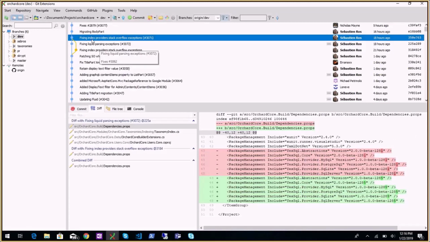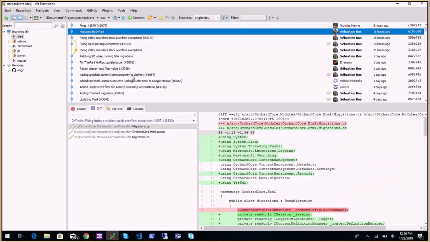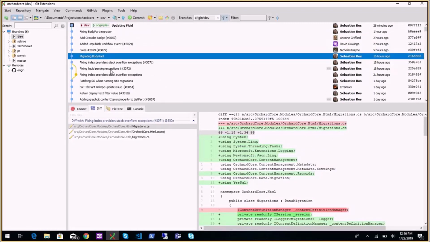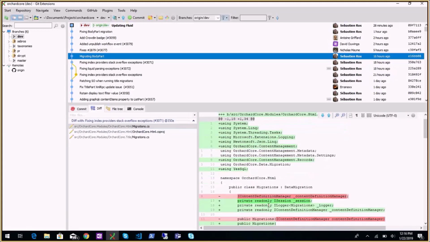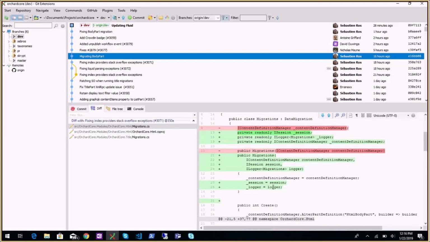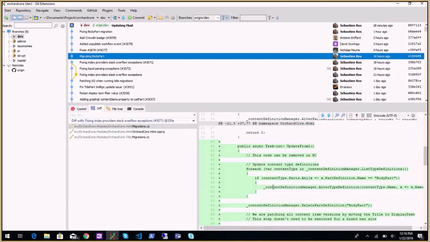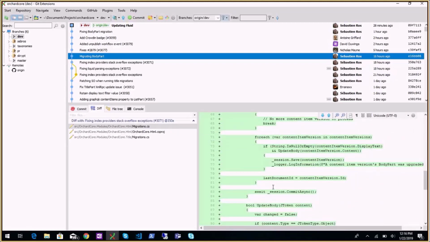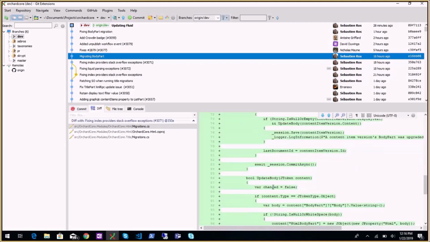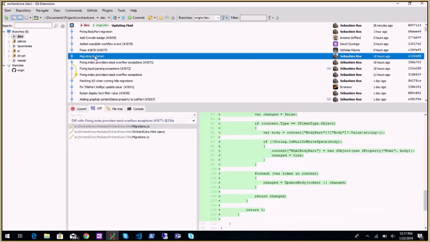This is the merge of the commit. So this is what I just mentioned. Migrating body part. So right before beta 2, we changed the body part to HTML body part. So to help people migrating to beta 3, I made a migration that is the same thing as a title part, that just looks for anything that is a body part and moves it to a HTML body part. And I tried it on Ara Derderian at Cloud Construct, and it works well now,